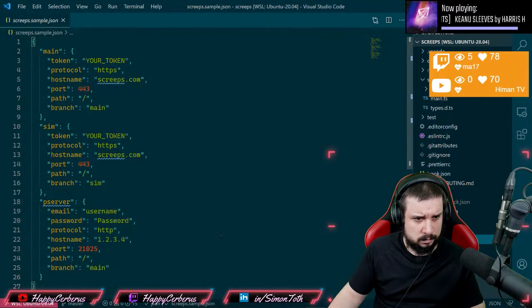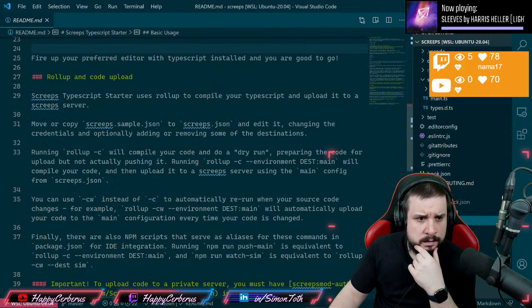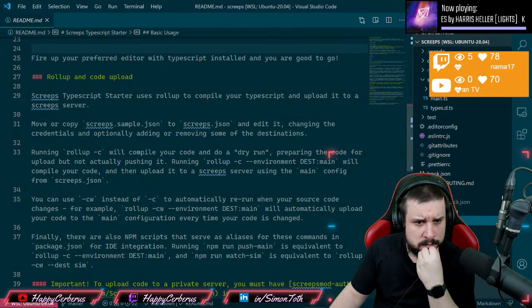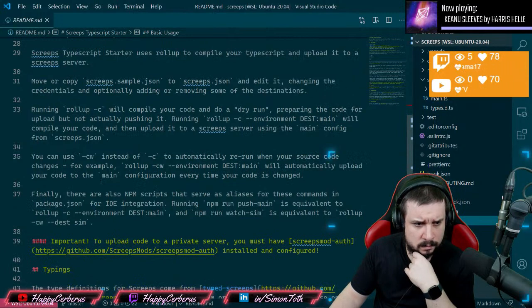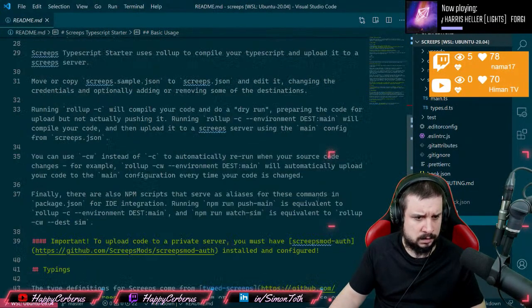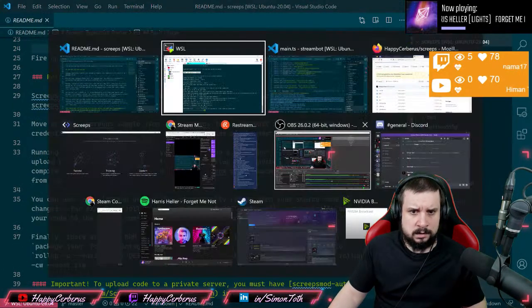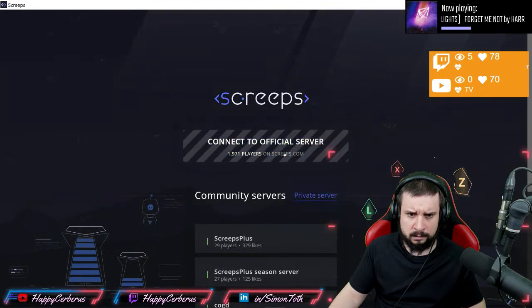Now. Okay. Where's the readme? Changing credentials options, adding remains on destinations. We'll compile your code and do a dry run, but not actually pushing it. Compile your code and upload it. Okay. I don't care about the private server, but now the question is, how do I actually configure this? Because I actually don't know. I mean, if I just do this thing,